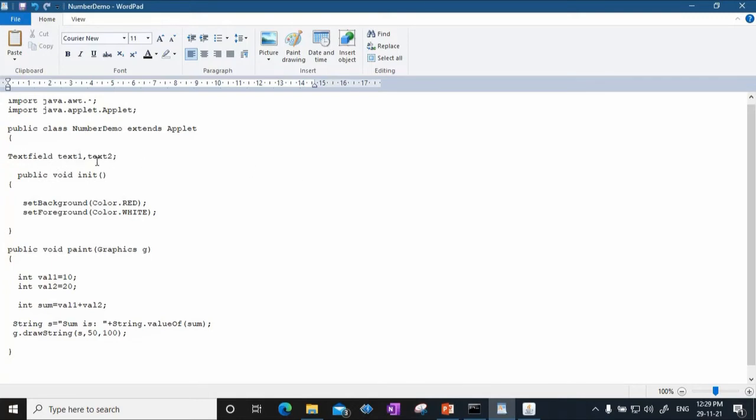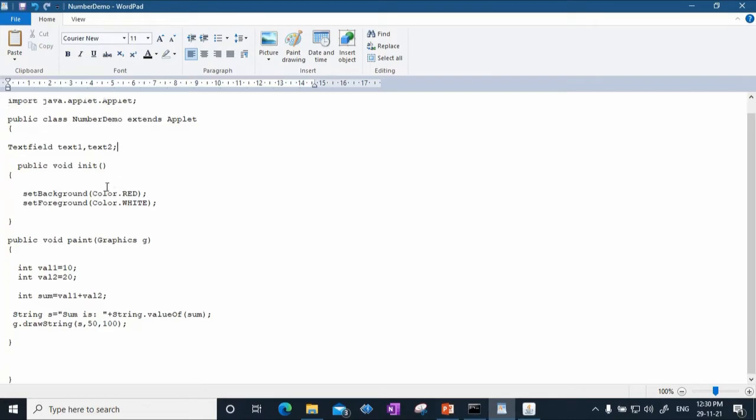Because I want two text boxes or text fields. text1 is the name of the first text field, text2 is the name of the second text field. Correct? Now in this init method I have to create objects of TextField. We have just created the names, the reference names. The objects have to be created using the new operator.